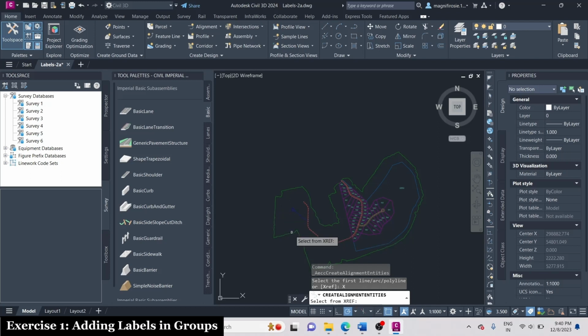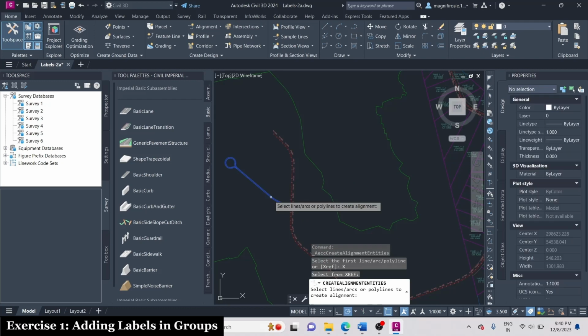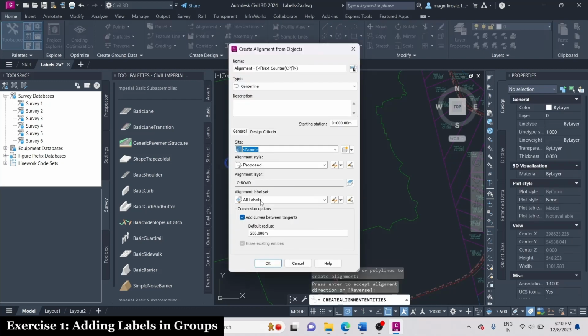For alignment style, ensure that Proposed is selected. Examine the contents of the alignment label set list. From the alignment label set list, select Major, Minor and Geometry points. Click the arrow next to it. Select Copy Current Selection. In the Alignment Label Set dialog box, on the Information tab, for name, enter Major, Minor